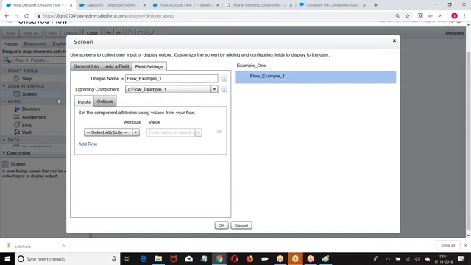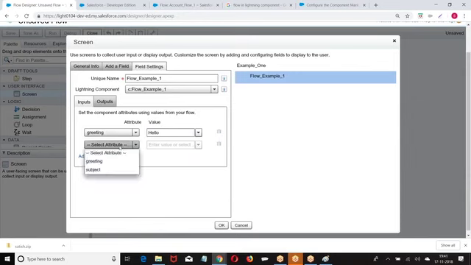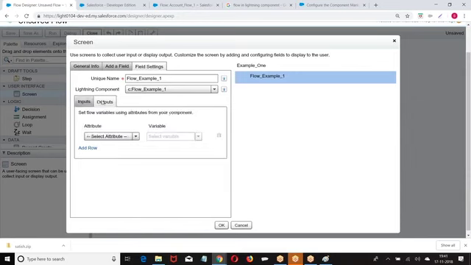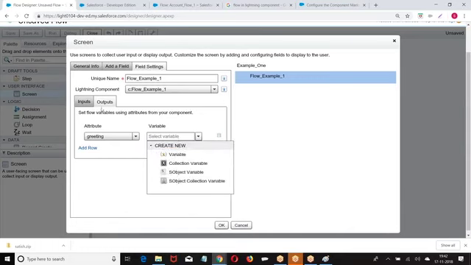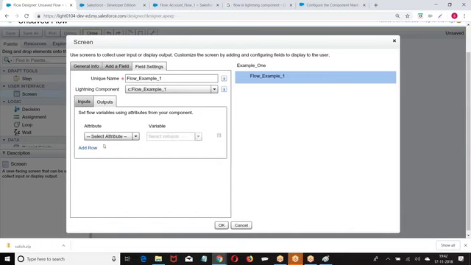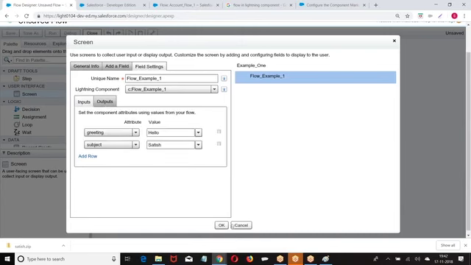Chalo, let me give inputs. Which attribute are you giving? Creating. Store them in a variable if you want, or automatically outputs are given here. Okay.